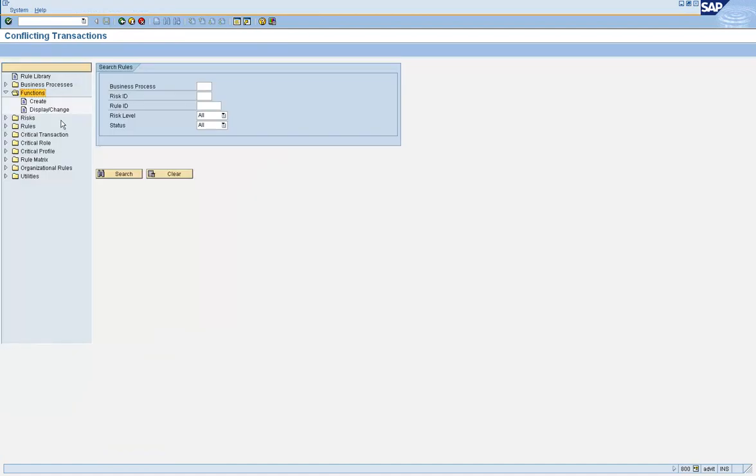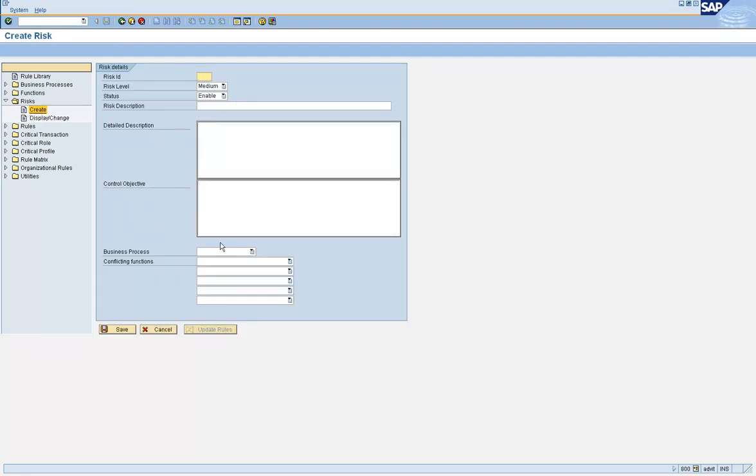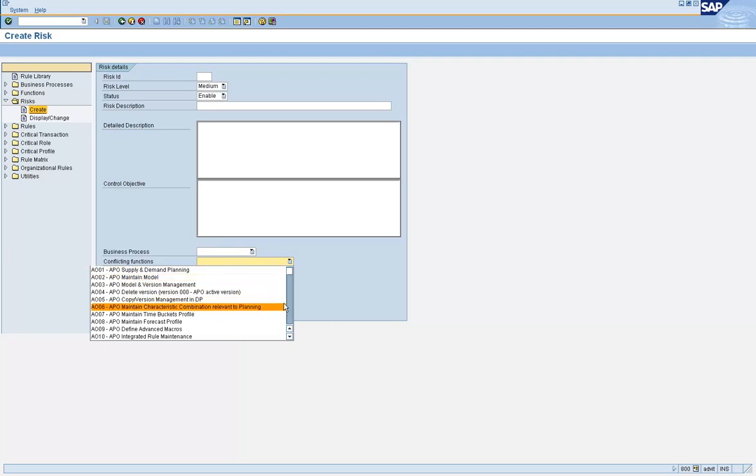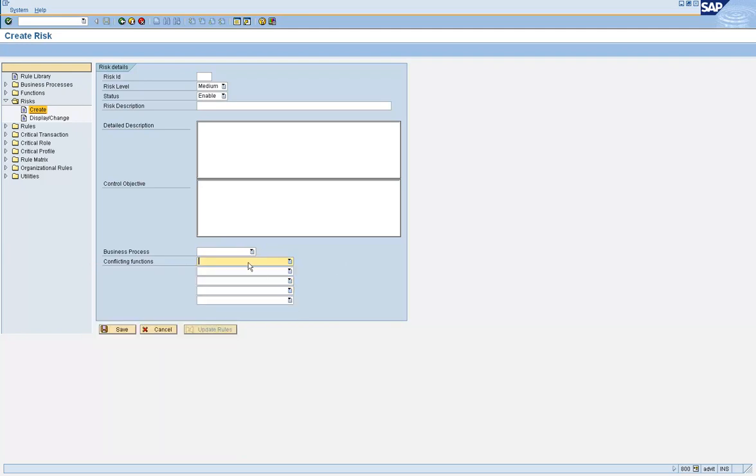And then when you create the risks, you give the conflicting functions here. So function 1 conflicts with function 2 that we created here.